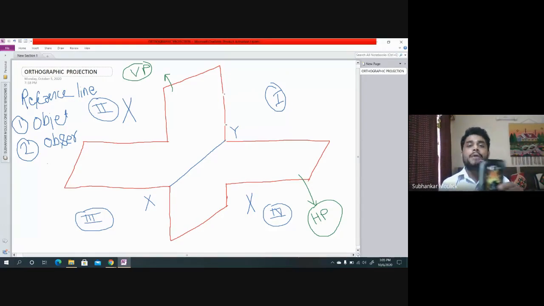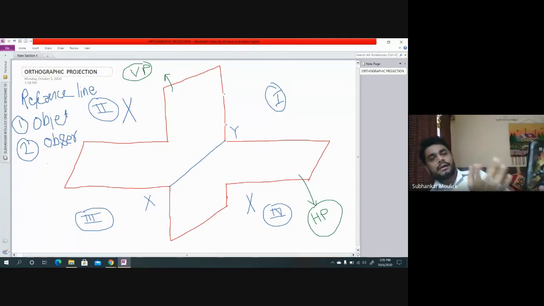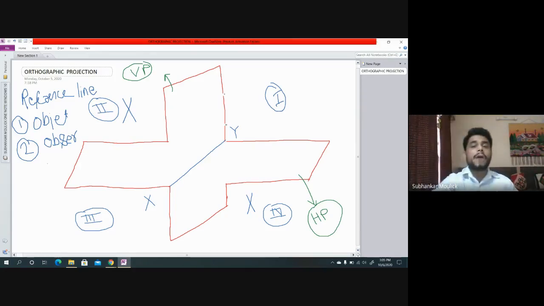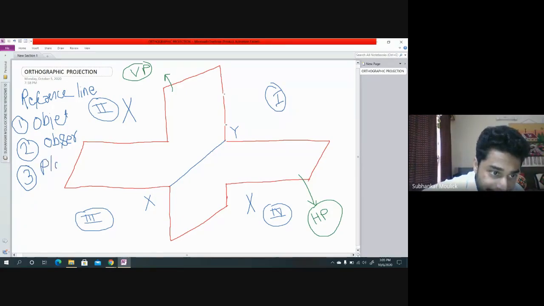Definitely, if I am the observer, and the object is like this, and if I am looking at some angle, then that particular view will be my front view. Accordingly, my top view and left-hand and right-hand side views will change. So this is your second point. The third point you have to remember is the plane of projection. Say this is your mobile. If you are looking at this mobile from your end, definitely this will be the front view.